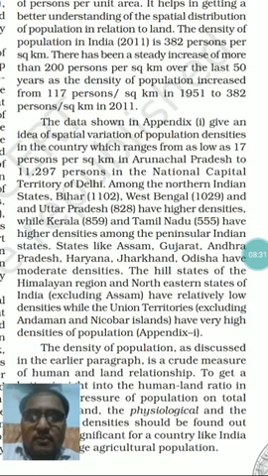Actually, earlier in the 2001 census, it was West Bengal that had the largest population density among the states of India. So Bihar surpassed it in the 2011 census,